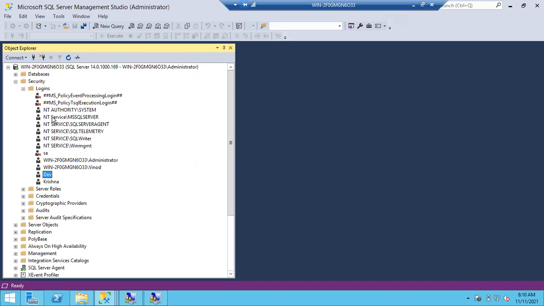Creating individual logins is actually not a standard process, but usually 60 to 70% of people don't follow it. You can create a direct login also, but it's not a good process. There are some standards in the organization. So what we'll do, guys, say for example, we are 10 DBA members.